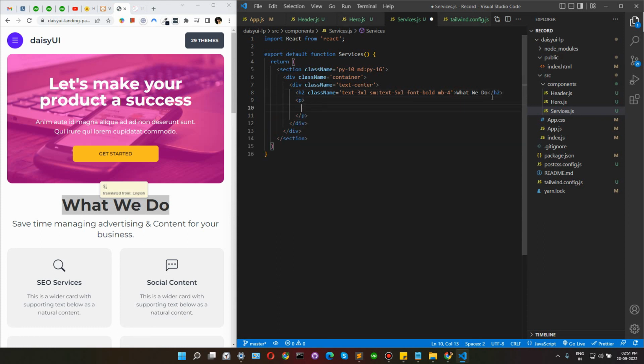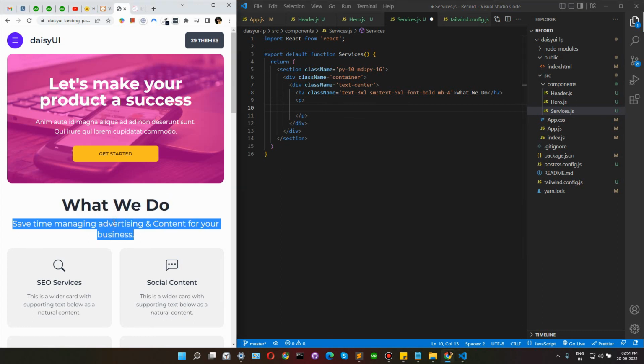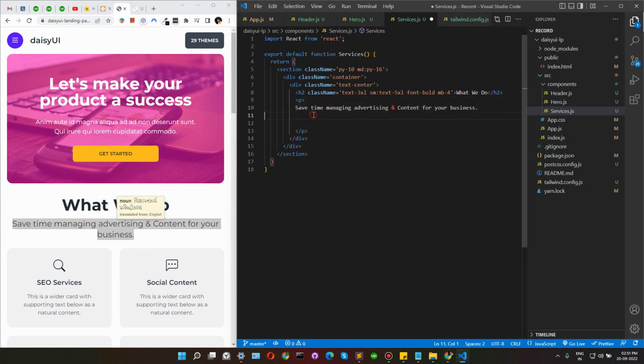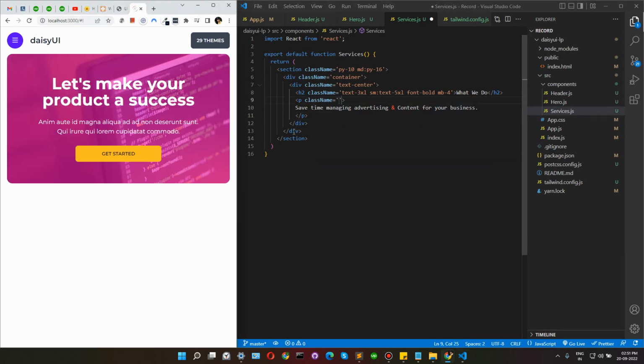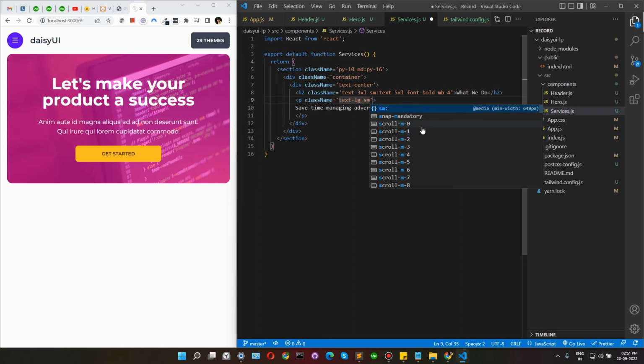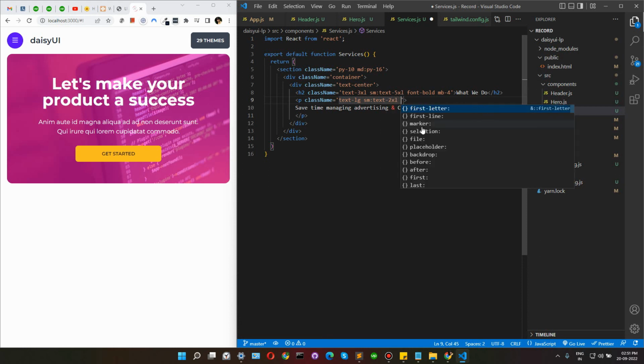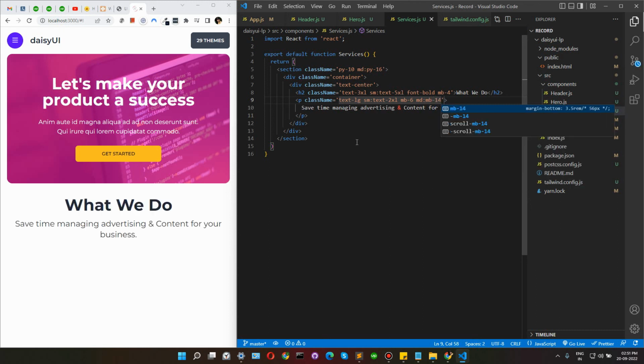Now let's create the paragraph and copy the text for the paragraph. Let's add class to this paragraph: text-lg with text-2xl for screens which are greater than 640 pixel, mb-6, and increase the margin bottom for tablet as well as laptops to mb-14. Alright,